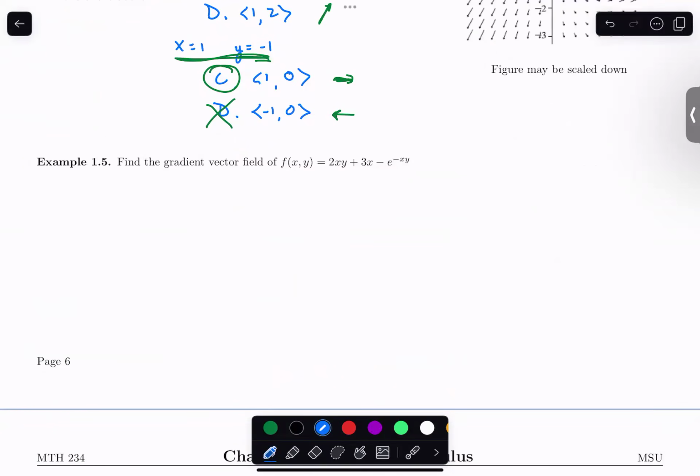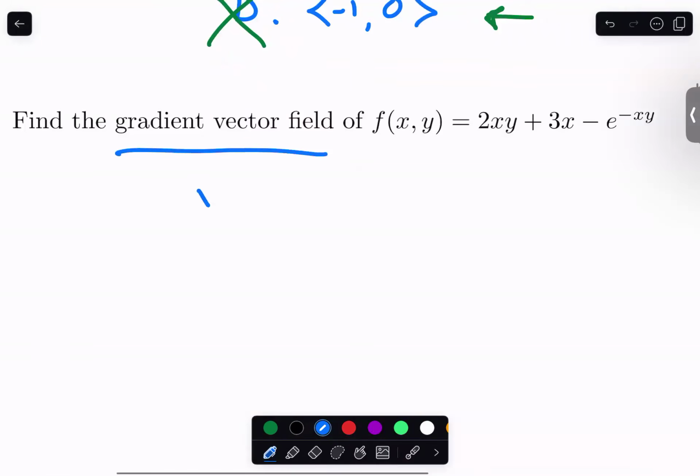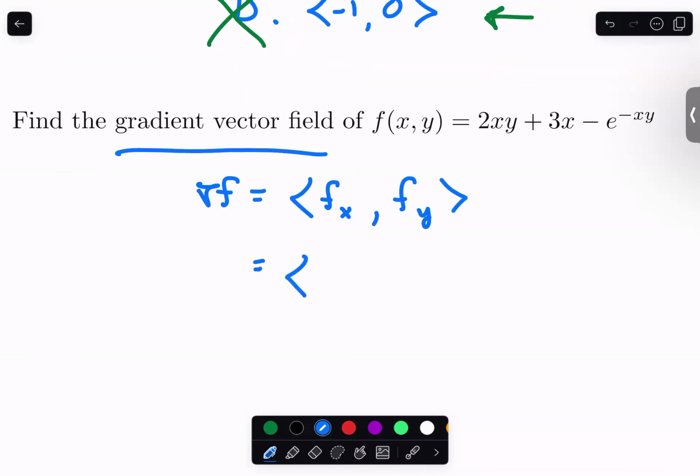Another relatively nice question that you'll get, a fair number of these in the web work homeworks and whatnot, is just calculate out a gradient field. The big thing is that you need to remember that the gradient field is just the gradient of f, and you don't need to plug in any specific x's or y's, because we're going to consider this as a vector field rather than just a specific vector at a specific point. So for my first coordinate here, I need to calculate out the partial derivative with respect to x. Then in my second coordinate, I'm going to calculate out the partial derivative with respect to y, and that'll be